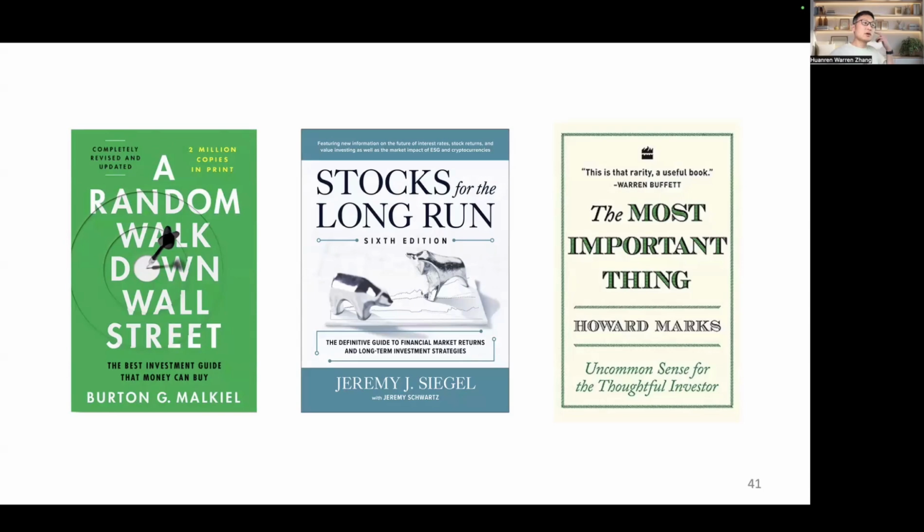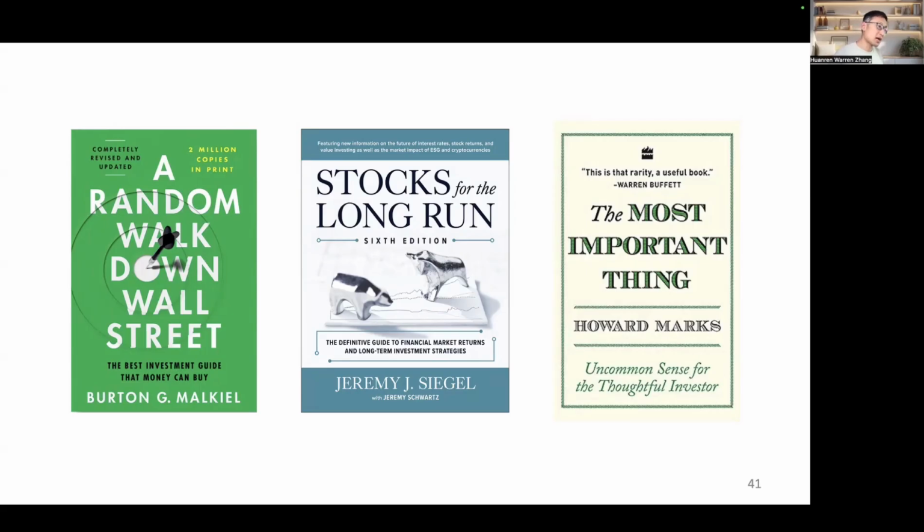In case you want to know more about investment decision, here are 3 books that I find quite informative. The first one is A Random Walk Down Wall Street. The author is a supporter of the efficient market hypothesis. Because it supports the efficient market hypothesis, it proposes a passive trading strategy, meaning that the best strategy proposed in the book is to invest in index funds.